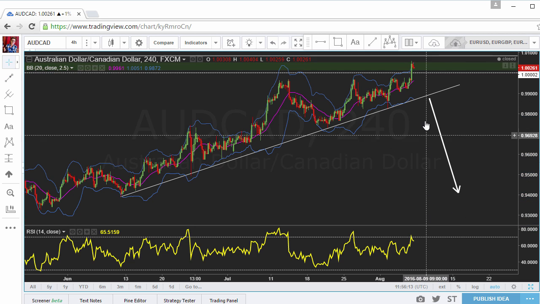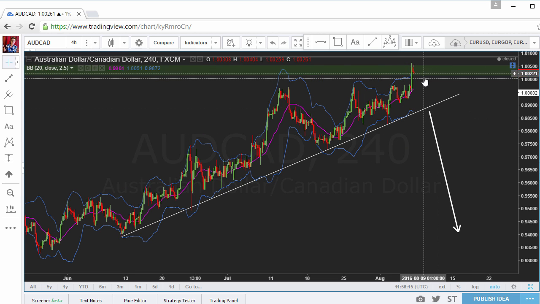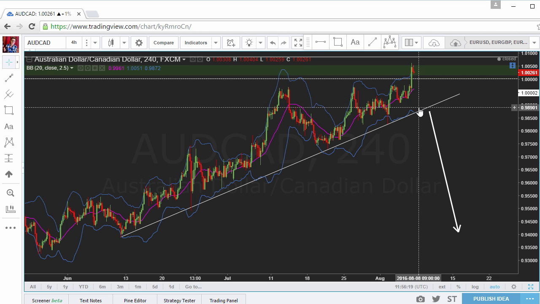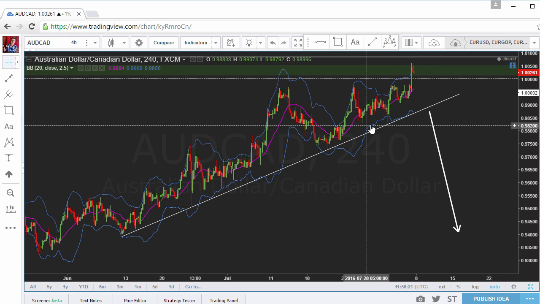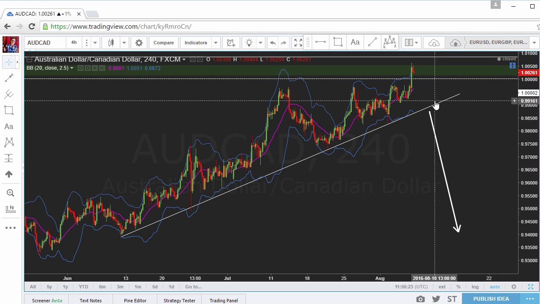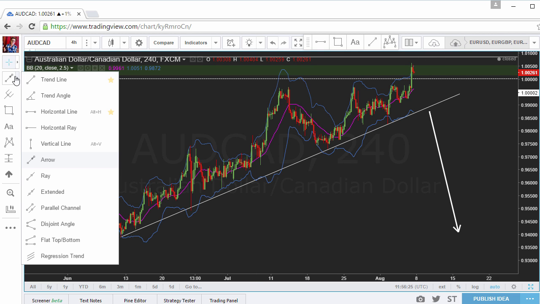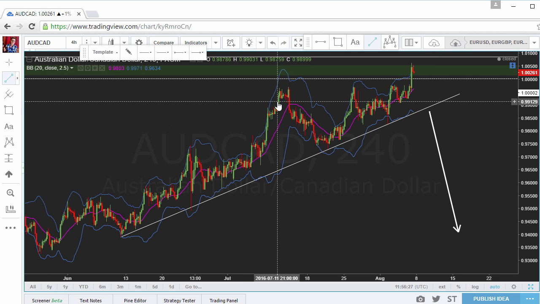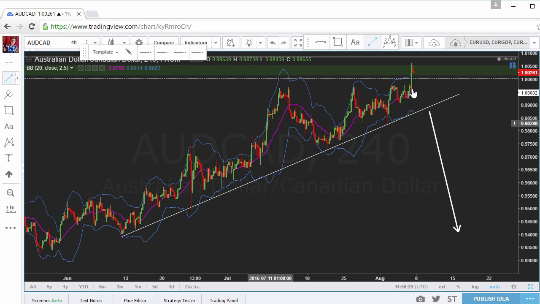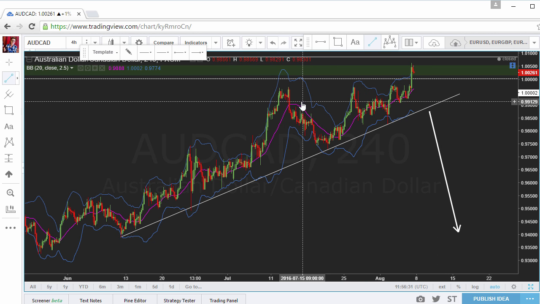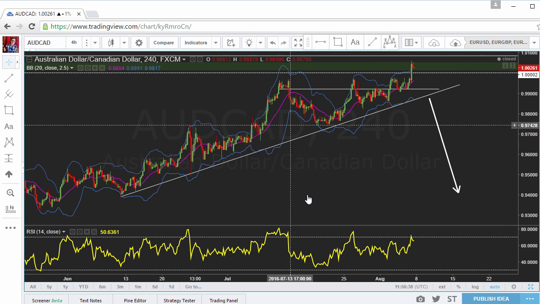This will then be my entry trigger: once price finds a lot of selling momentum and accelerates to the downside, then we would enter here on the break of this trend line. If you are looking for an earlier entry, and this is what I probably am going to do if I see new selling momentum, I use a small first entry to get into this trade once we break